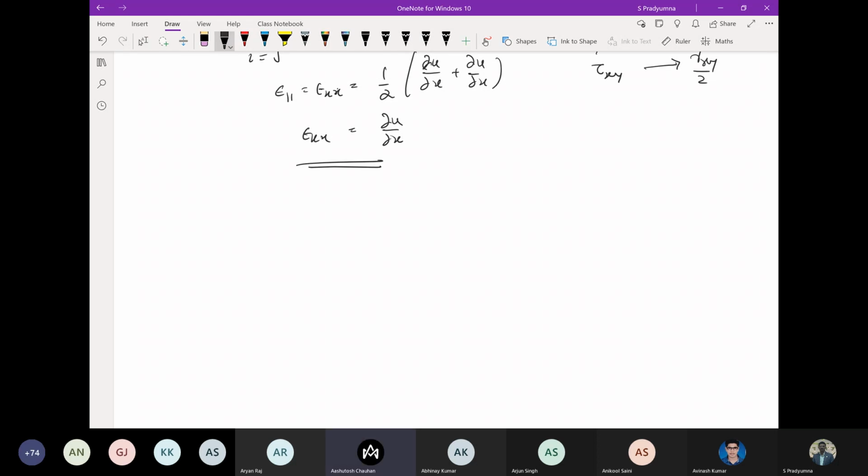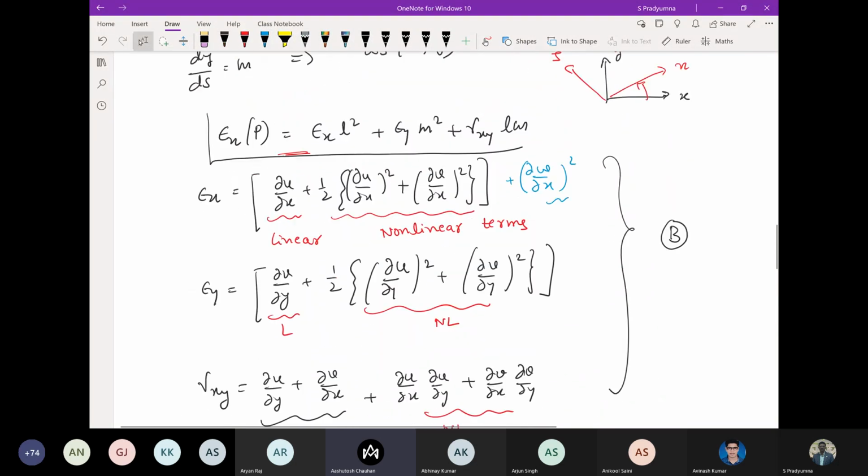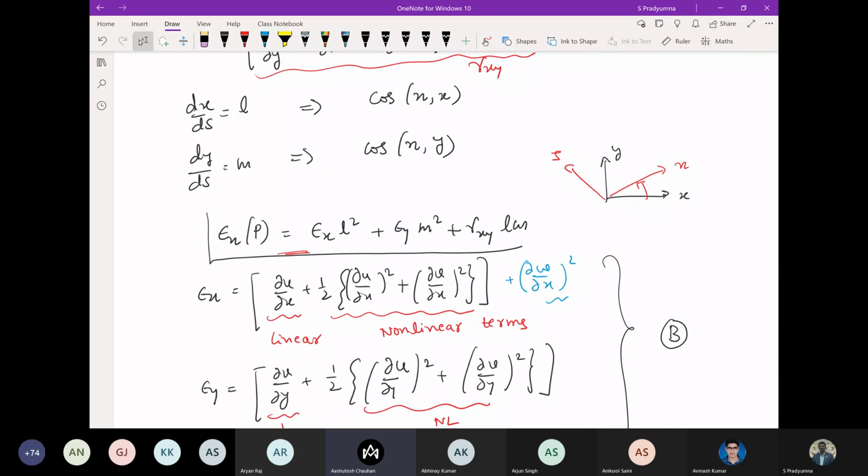Sir, this Green strain we define, there is no physical significance of Green strain? Physical significance, yes. Non-linear terms, when you consider them, are only useful when you have larger displacements. Otherwise, physically, it's difficult to explain what dou u by dou x square is. But these nonlinear terms are there mathematically when you are representing. The first term is the deformation gradient, du by dx is the displacement gradient. That is very clear.